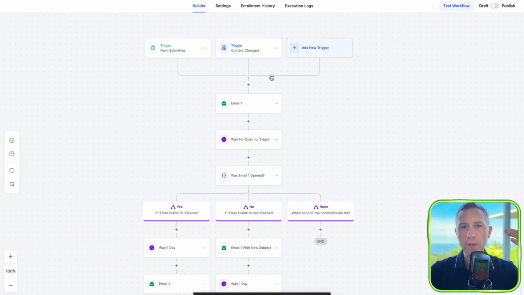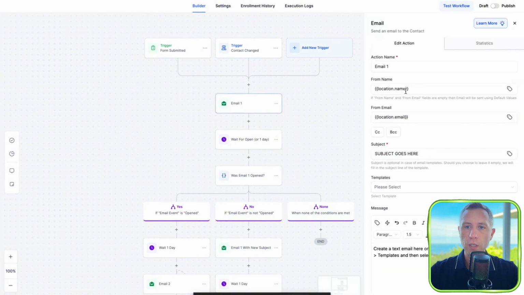Like if they revisited a certain website or web page, you can enroll them in a trigger like, "Hey, I saw you were reviewing this resource. Do you have time to set up a call to discuss it more in depth?" And so usually the next step is either going to be a delay or some type of notification through email or texting. And so what you have here is the from name, the from email, and then the subject line